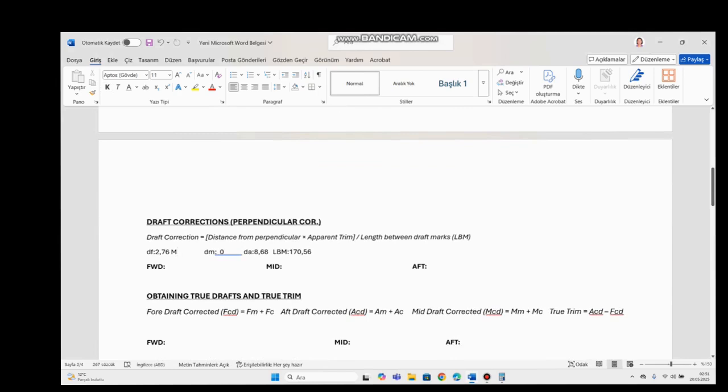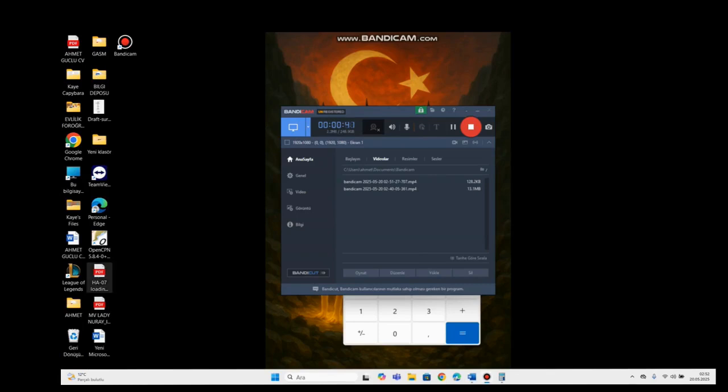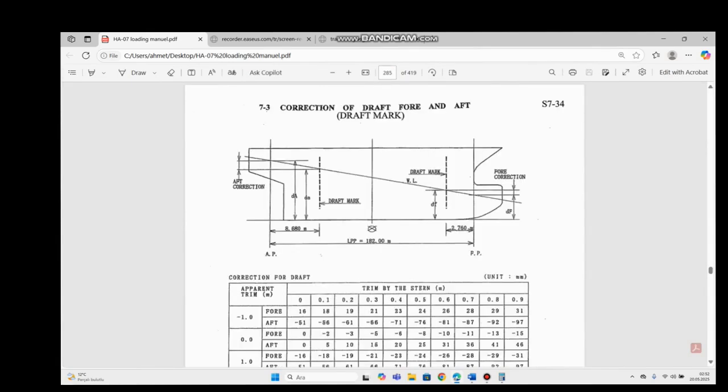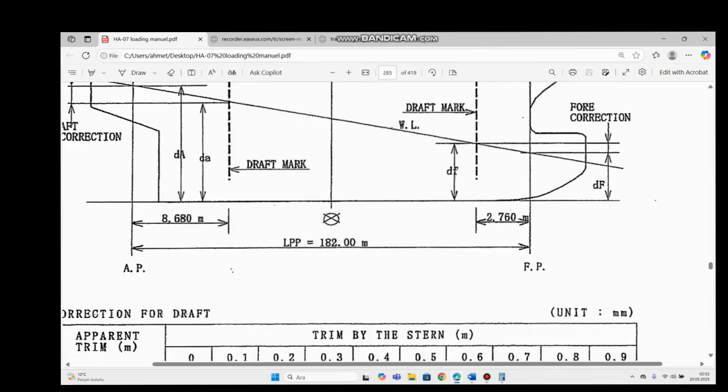Distance between fore perpendicular and fore draft mark is 2.76 meters. Distance between aft perpendicular and aft draft mark is 8.68 meters. How did I find this information? It is from loading manual of vessel. Let's check it. Yeah, here, as you see,